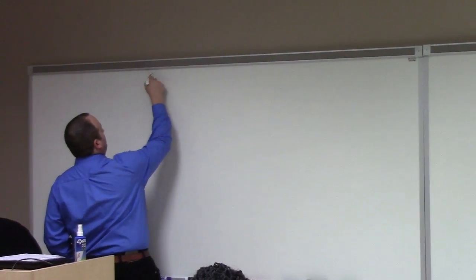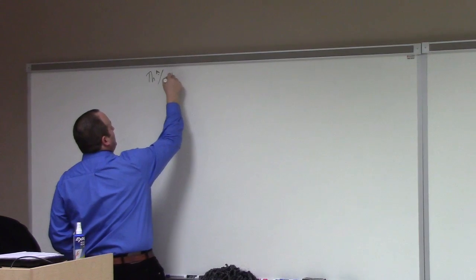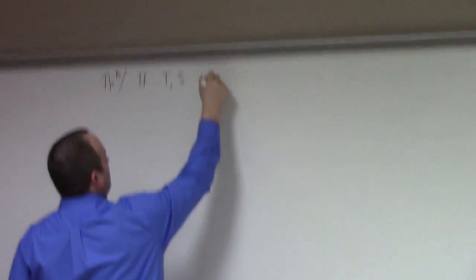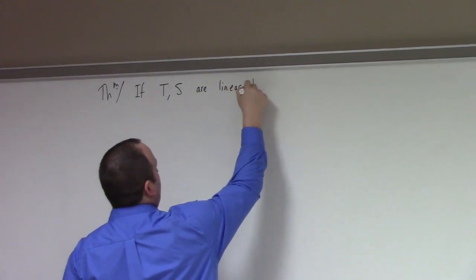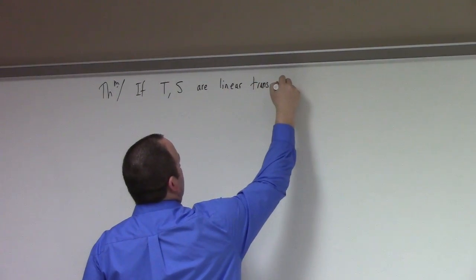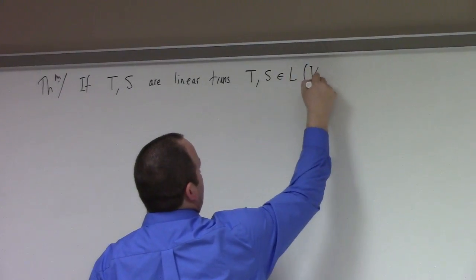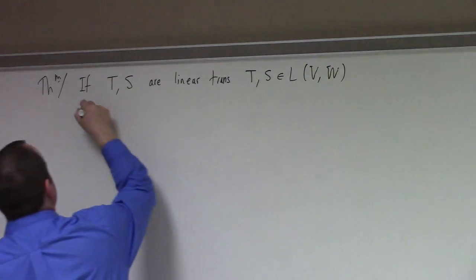So let's see here. We just got done proving some really neat theorems about linear transformations and how they work. Now I'm going to tell you some theorems about what the set of linear transformations themselves form. So, a little theorem: let's say if T and S are linear transformations, in particular T and S are elements of the linear transformations from a vector space V to a vector space W, then